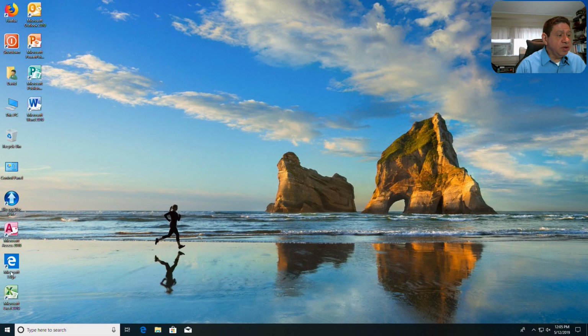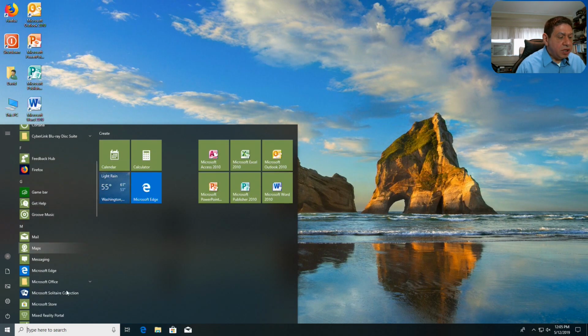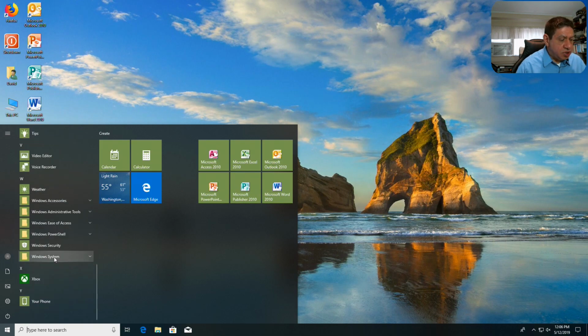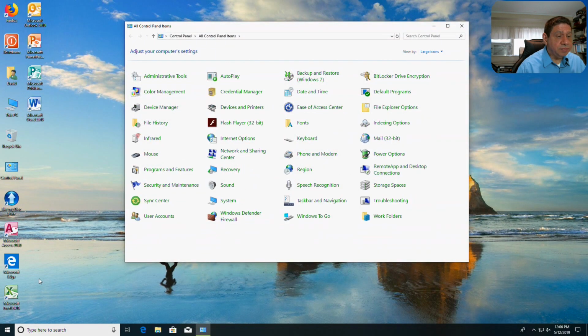So the first thing I'm going to do is run the control panel. Now, even though I created a link to the control panel as one of my tuning steps that I do when I install Windows, I'm not going to use this. I'll show you the full way to get to it just in case you haven't done that yet, because right now the system is extremely vulnerable. It can be attacked very quickly if I click on anything on the network. Come down here to Start, and then I go down to Windows System. You will see one of the choices, the second one in this case, that is the control panel. So I'll click on that,